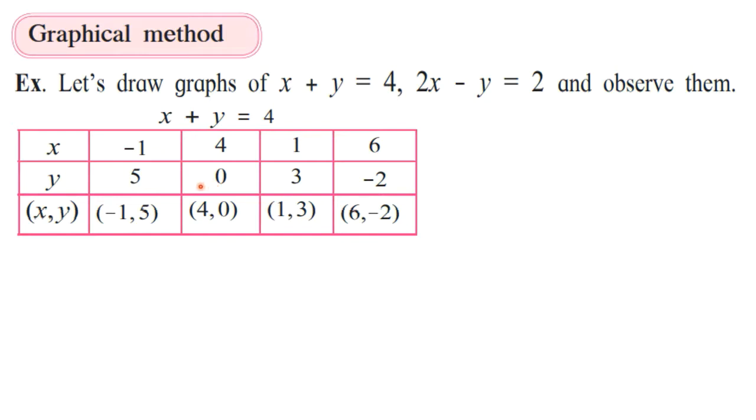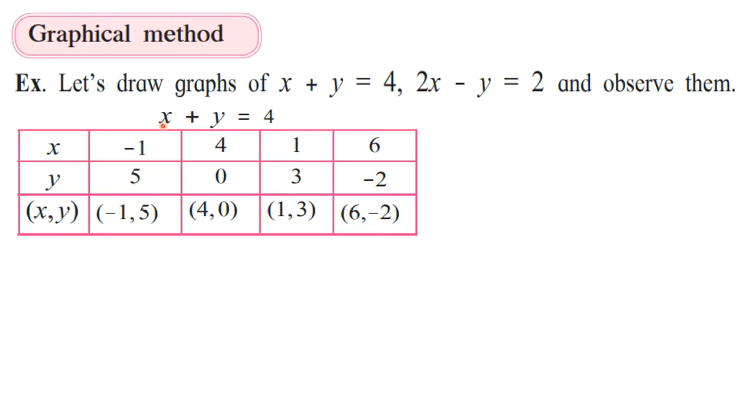This is only a suggestion, okay? You can take any values of your choice. The care you have to take is that the numbers should not be very big, because our graph paper is limited. We cannot plot numbers like x is equal to 10 or x is equal to 12 there. Not possible. So go for the smaller numbers. Here you have to take one value and accordingly find out the second value. It's not that you can write any two numbers here.